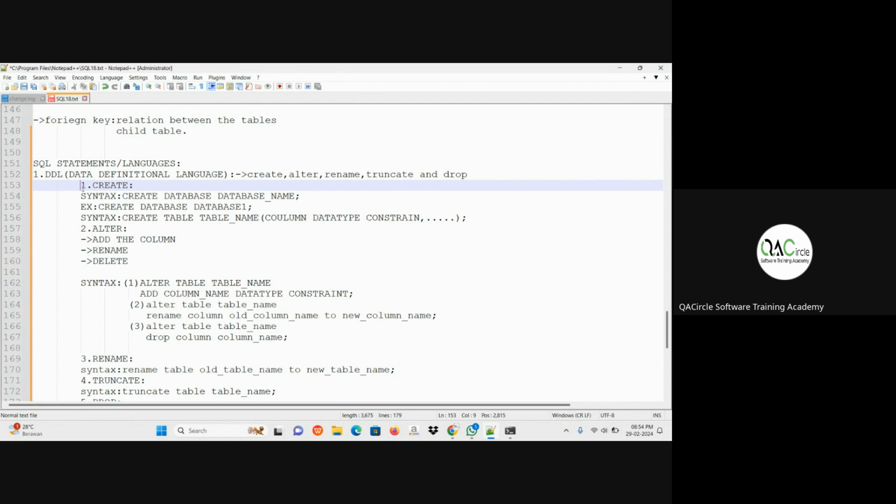In the create statement, write down: it is used to create database and to create table in the database server.